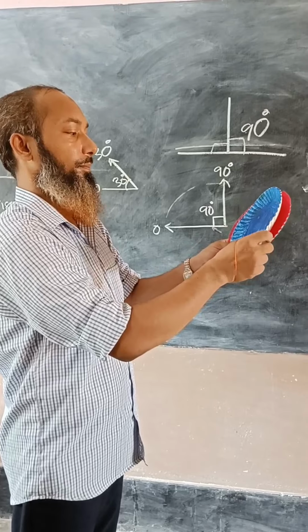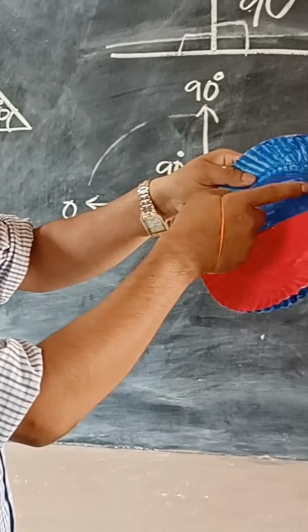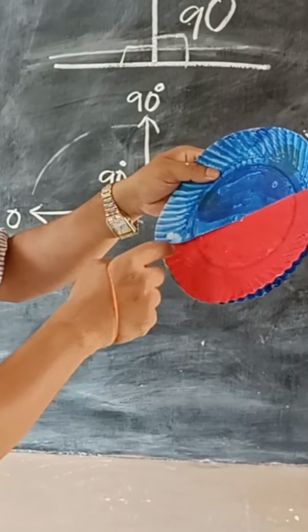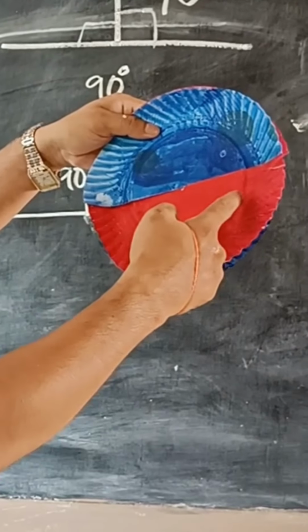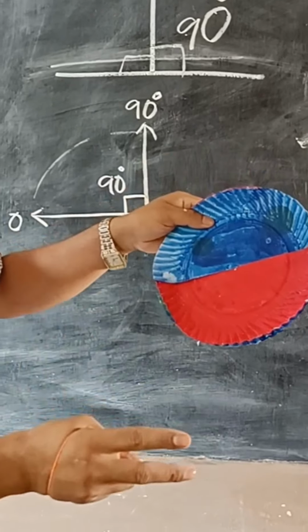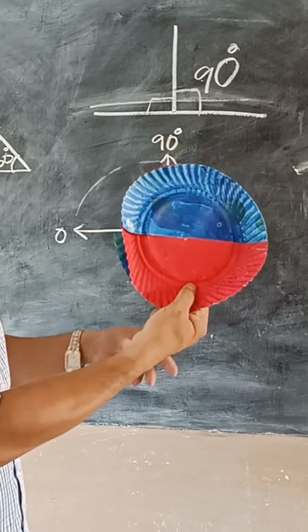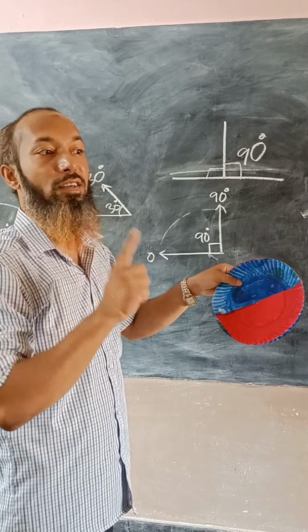And here, when you make it half, then this blue part is the semicircle, red part also semicircle. This part is semicircle and this part also semicircle. Half of the circle. Both the halves unite or combine together to make a full circle. And this diameter is the longest chord of a circle.